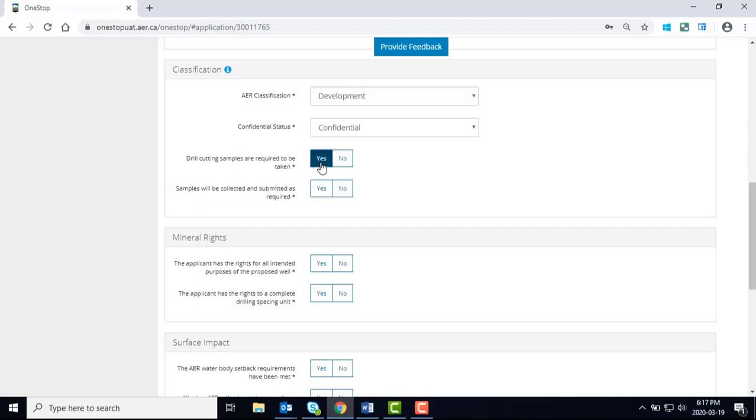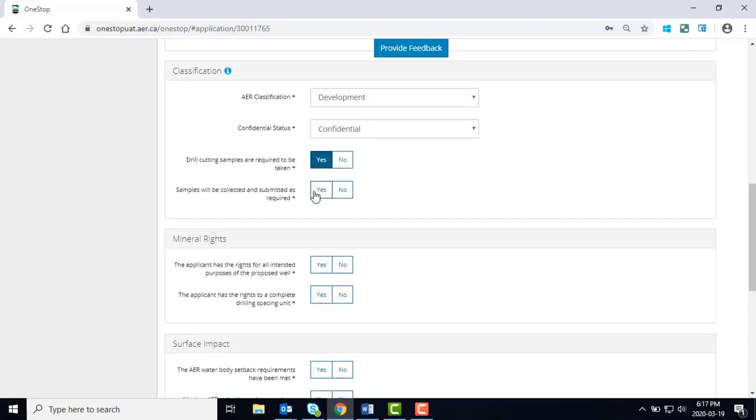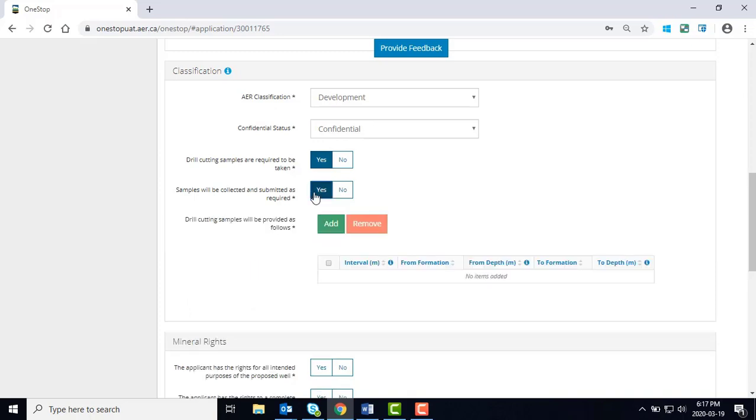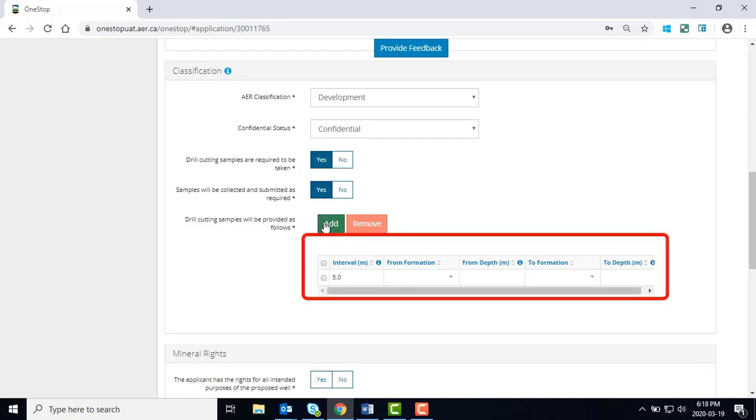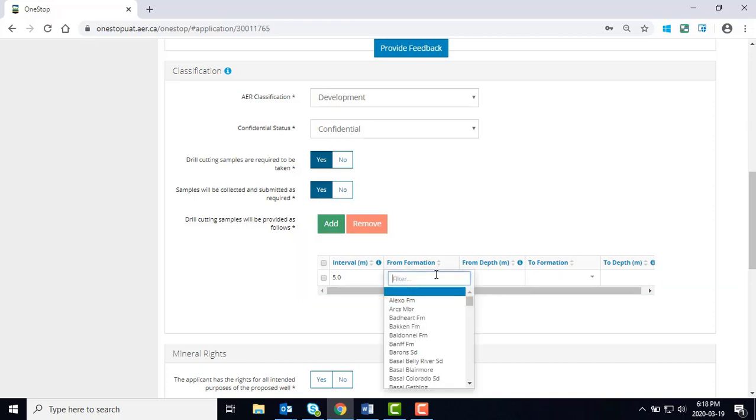When you select yes to cuttings being required, an additional question displays which asks if samples will be collected and submitted as required. If yes, a grid displays in which you must provide the details of the cuttings to be taken. Click Add to complete the from and to formations and the depths at which the drill cuttings will be